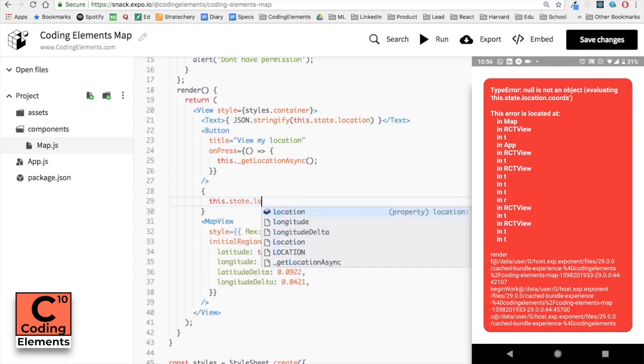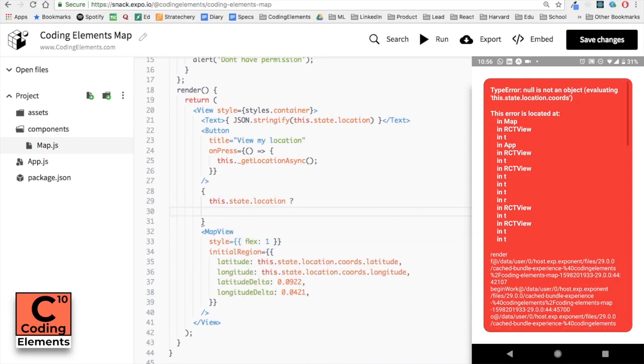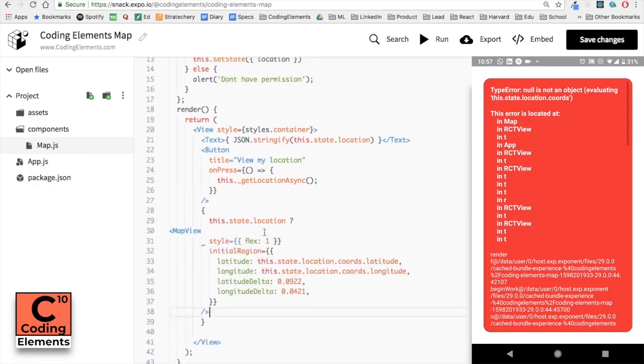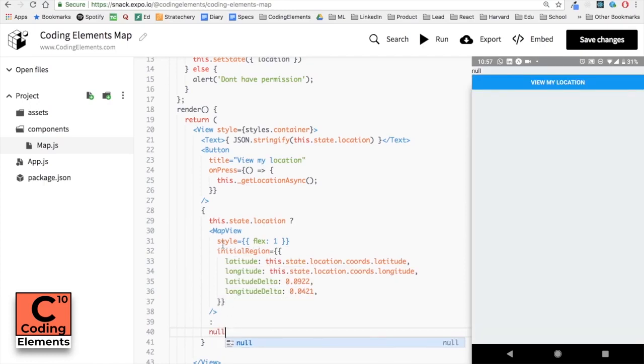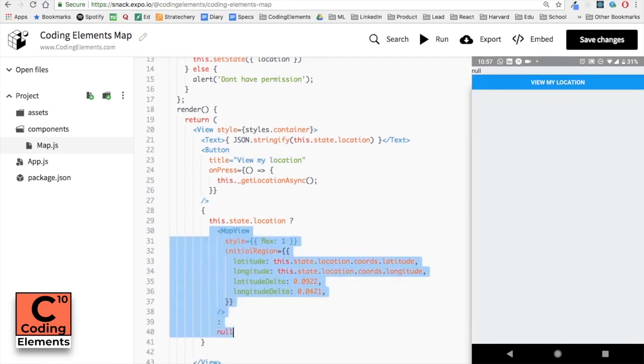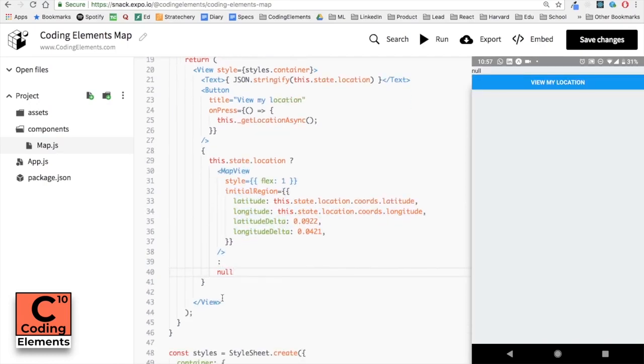So we have used a question mark after that. And if the location is available, then we'll render our MapView, inside which we have accessed from location the latitude and longitude from coords. And by writing a colon, we'll write that if the location is not available, then we'll return null.